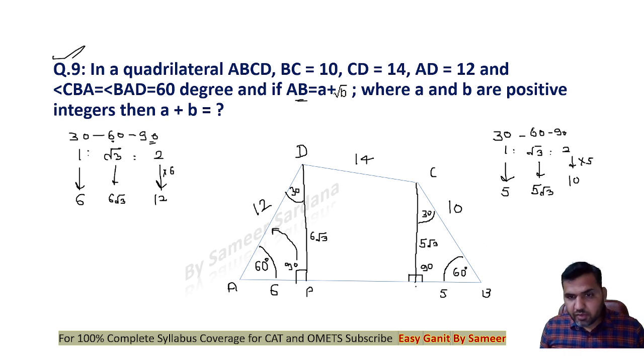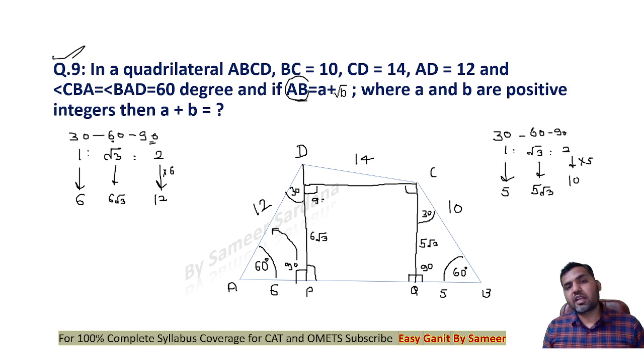Now what I am supposed to find out is the length of PQ. If I get to know the length of PQ, I'll be able to find out the whole length AB. For that, what you can do is drop a perpendicular from this to this. Now this is 90 degrees, this is 90, this is 90, this will also be 90. So this will be a kind of rectangle. The length of PQ will be the same as the length of CE. Now this is what I need to find out.